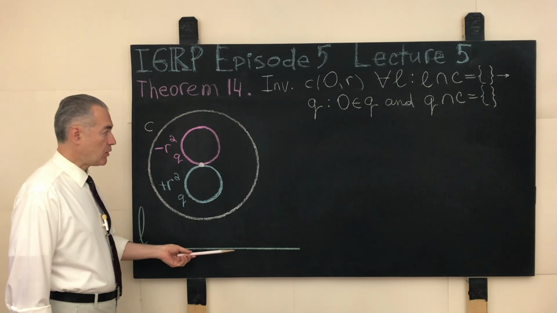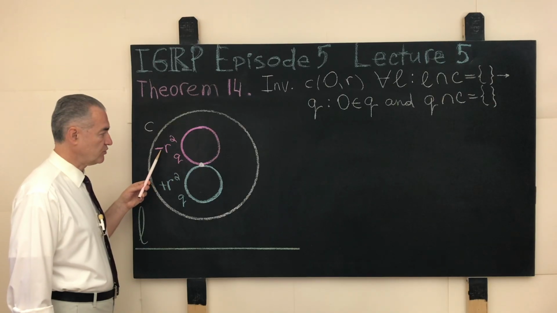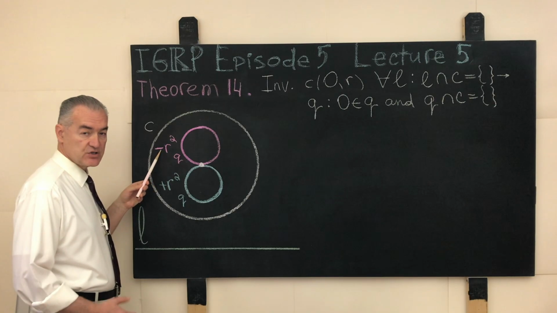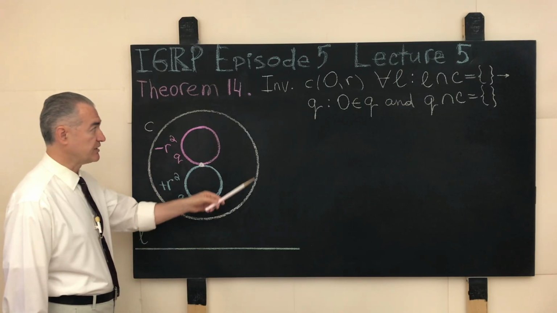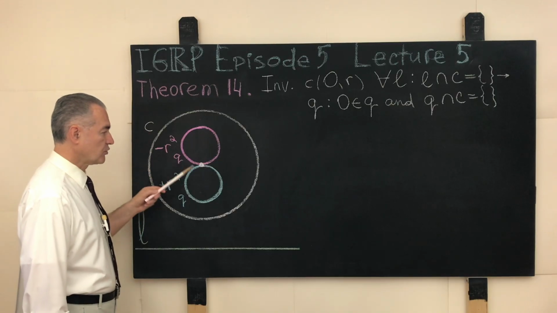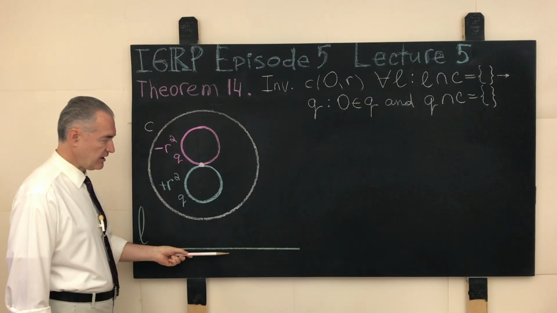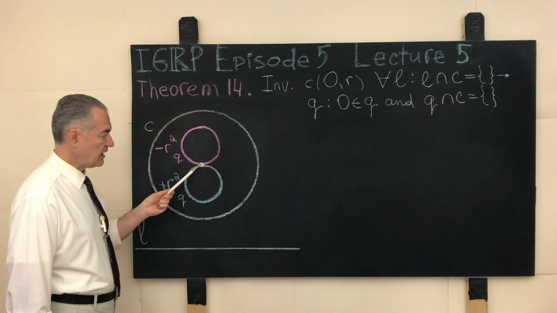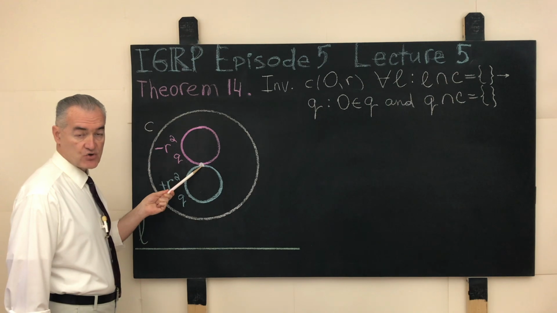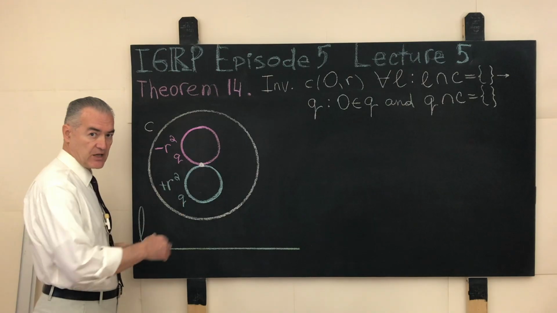But when the power of inversion is negative, as is shown with the red minus sign over here, then the image of the given straight line L that has precisely 0 points in common with the given circle of inversion C is located on the opposite side of the original straight line L with respect to the center of inversion O. I did not name that center of inversion yet. The letter O will show up in a few seconds when we will start constructing a proof of this theorem,